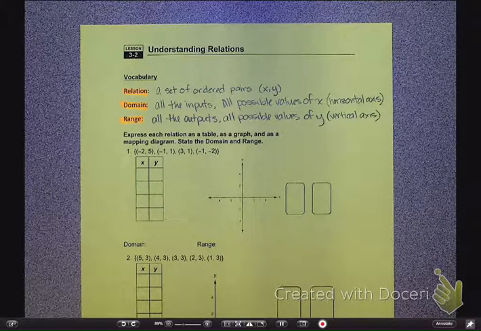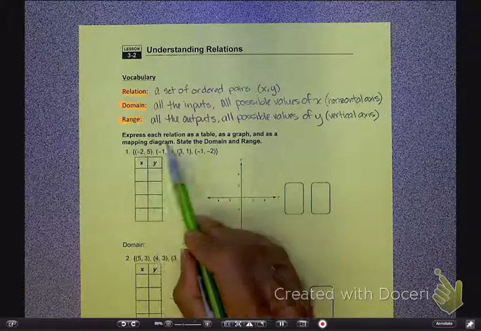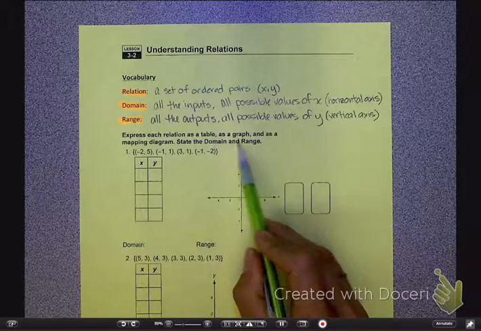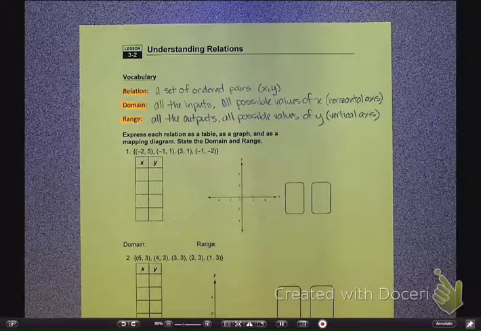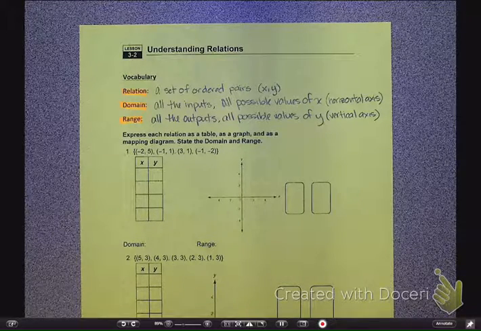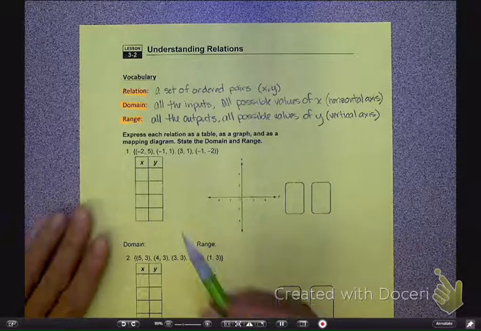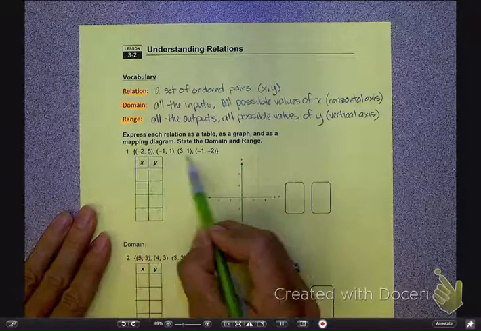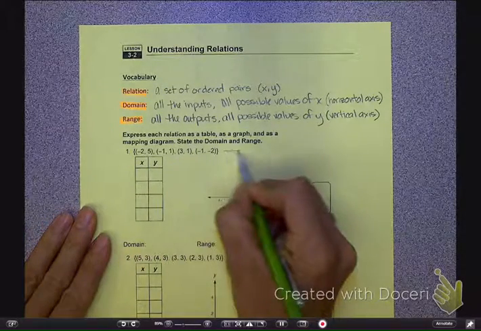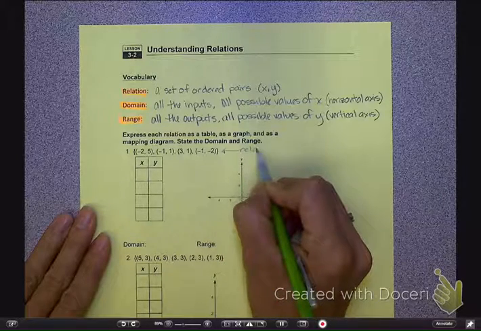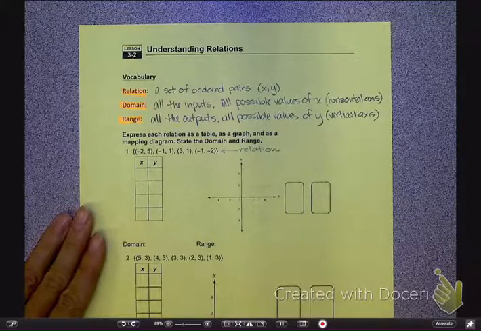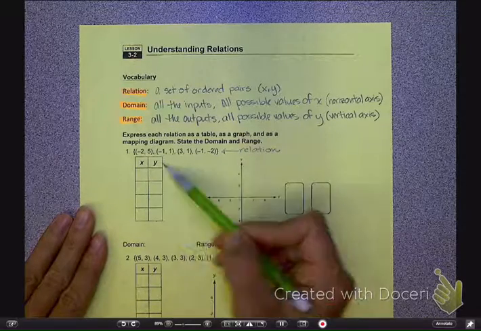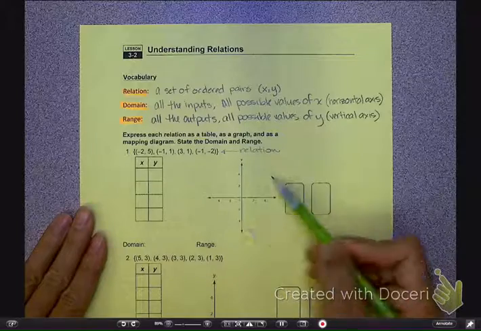let's take a look at example number 1. Okay, it's asking us to express each relation as a table, as a graph, and as a mapping diagram. Then it wants us to state the domain and range. So we have a few different things that we're doing here. Okay, it's given me this set of ordered pairs. So this set of ordered pairs, this right here, is the relation. Okay. And I'm going to look at that relation to fill out my table, my graph right here, and my